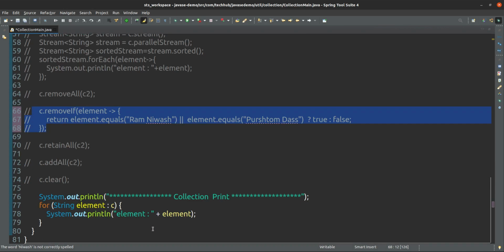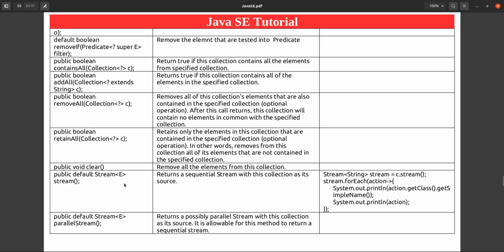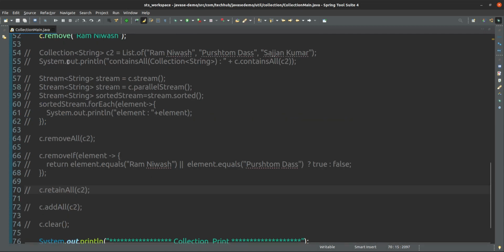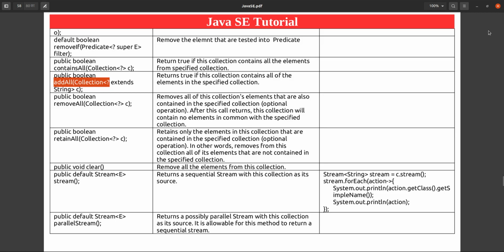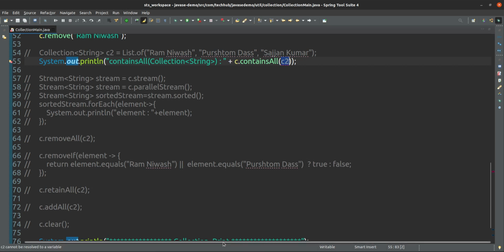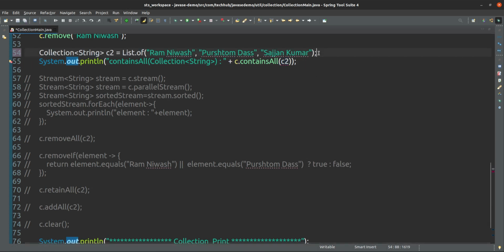Next one is containsAll, addAll. What is the meaning of containsAll? Retain all or contains all? Yes, containsAll. So what exactly is it taking? C2, another collection. So I have created another collection, some static list.